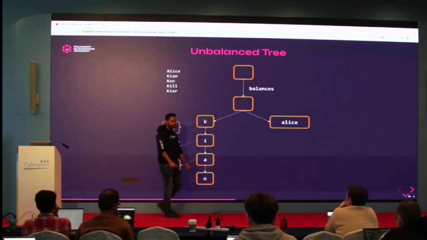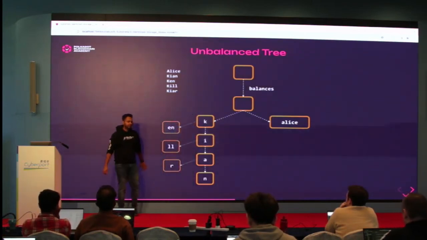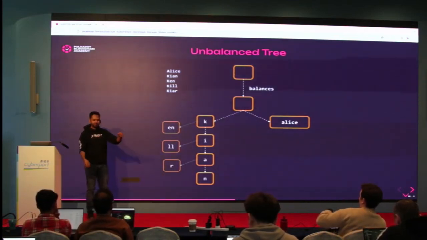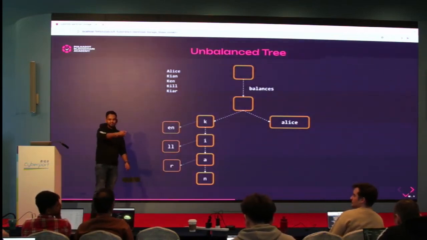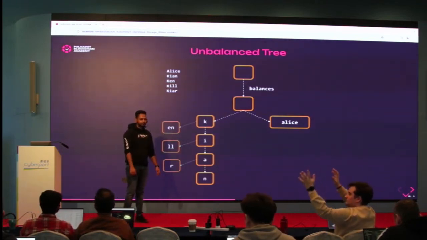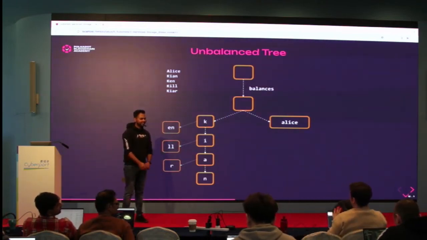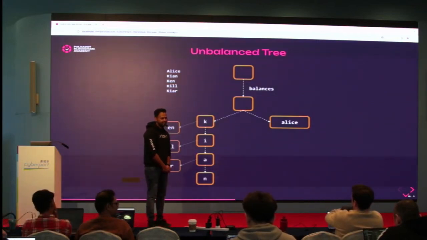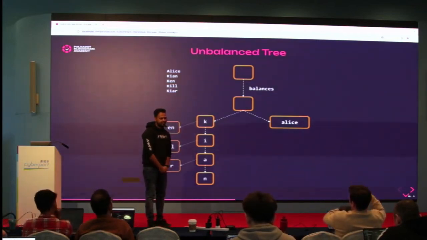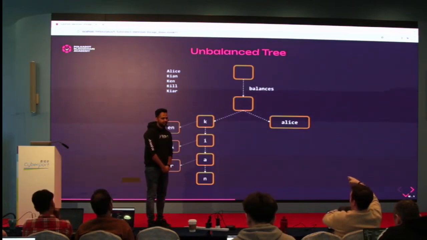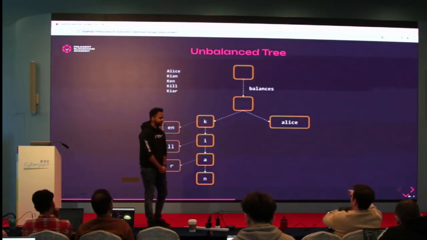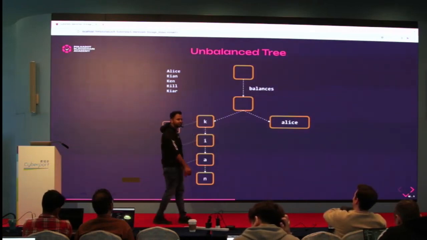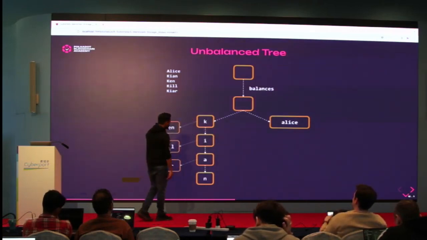How do you do that? How can you do that? Anyone? Mike? Can you basically level downwards, like make Alice A-L-E? No, we don't want to change our structure. Okay. Yeah, what we can do is